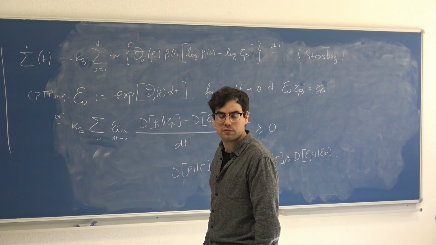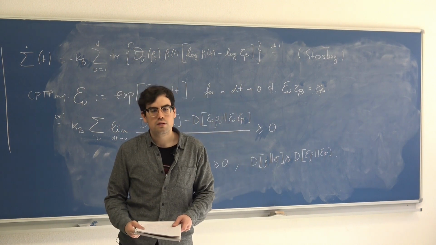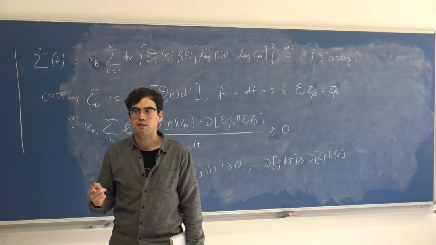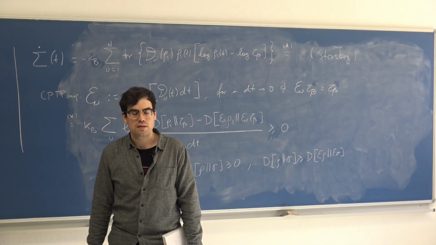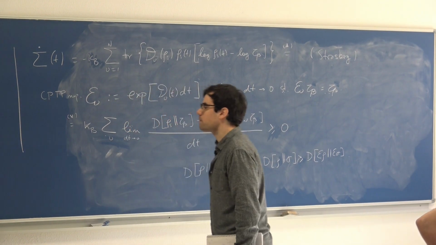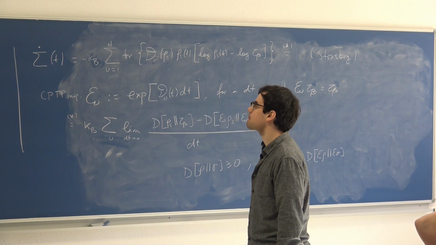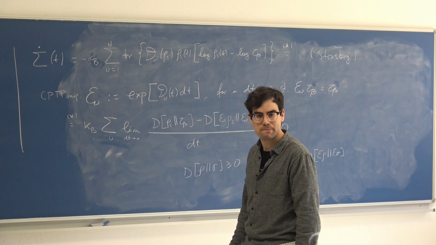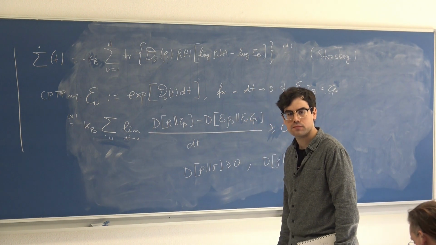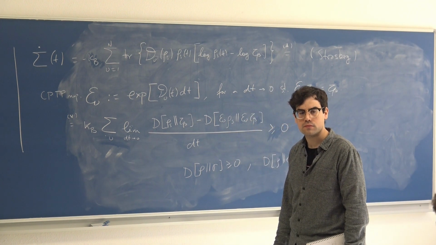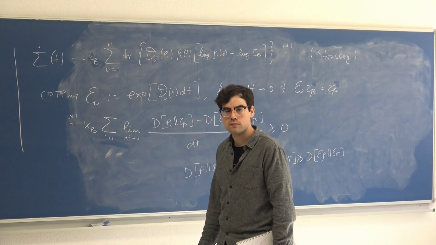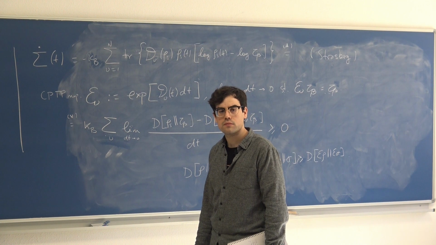Because beta is the temperature. You have two baths with two temperatures. If you have only one bath, it's clear, right? Yeah, for one bath, I understand it. Then the beta is the beta of the bath. When you go to the CPT map, you define this way, and then it is trivial that this thermal state is an eigenvector of the map. And everything is covered. The only thing is, as there is more than one bath,